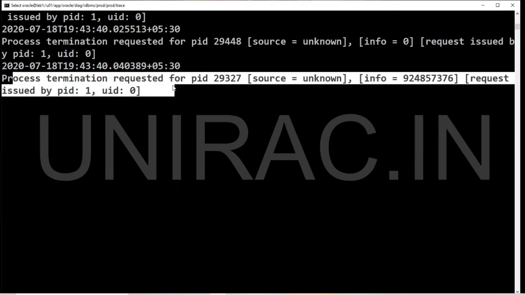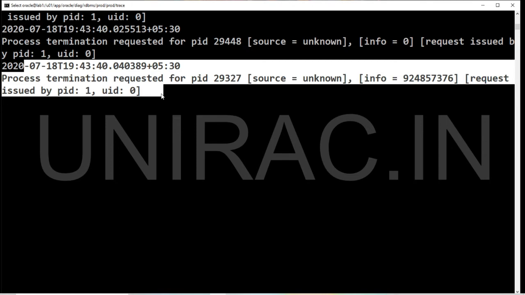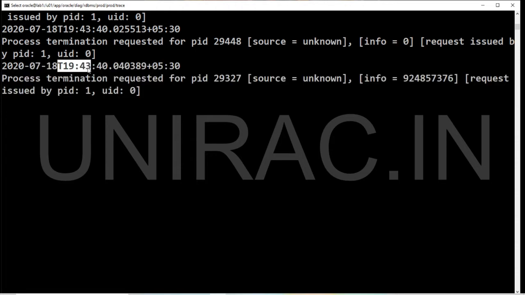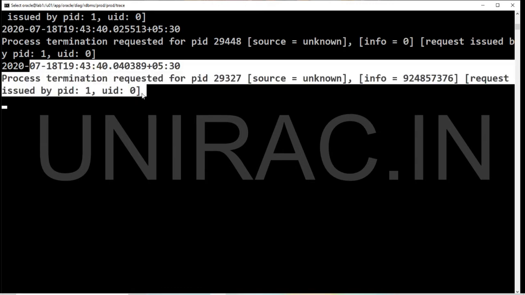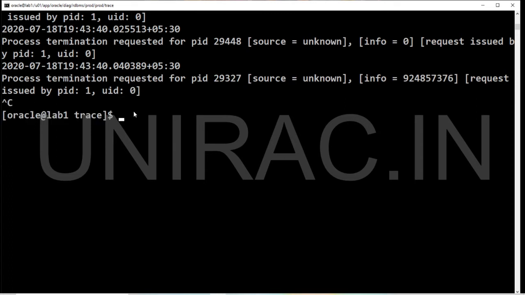The process terminated. So there is a termination. So the instance got shut down. So this instance was down, not a graceful shutdown. The reason behind it is the instance got shut down.